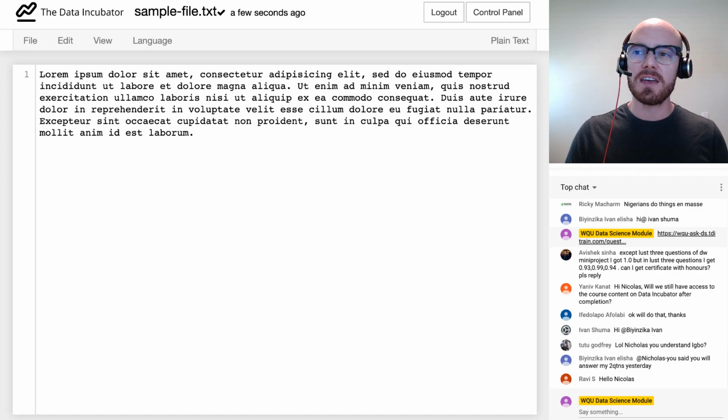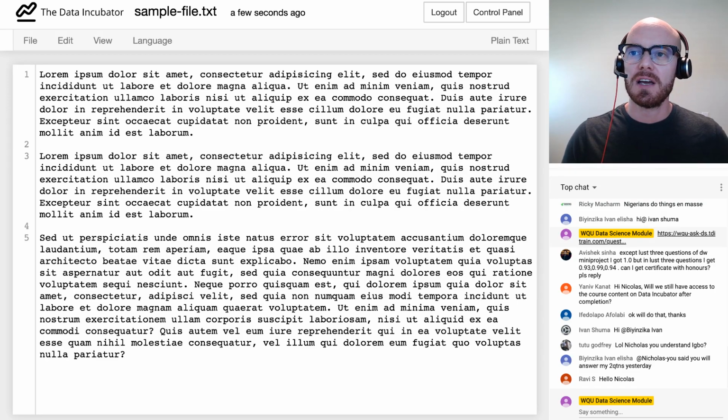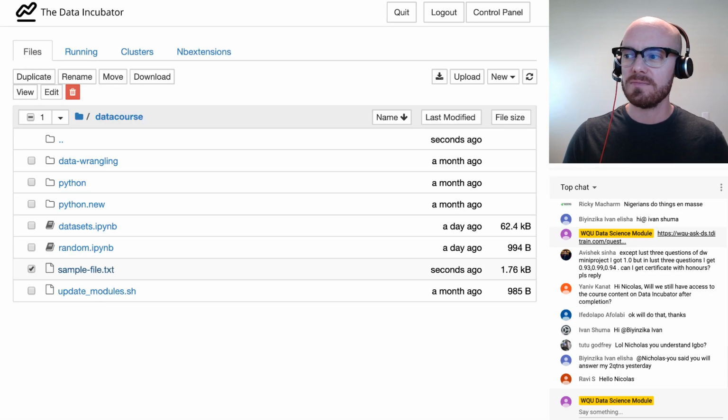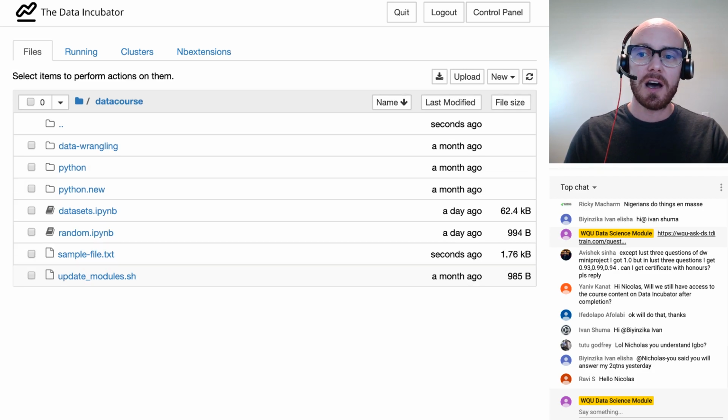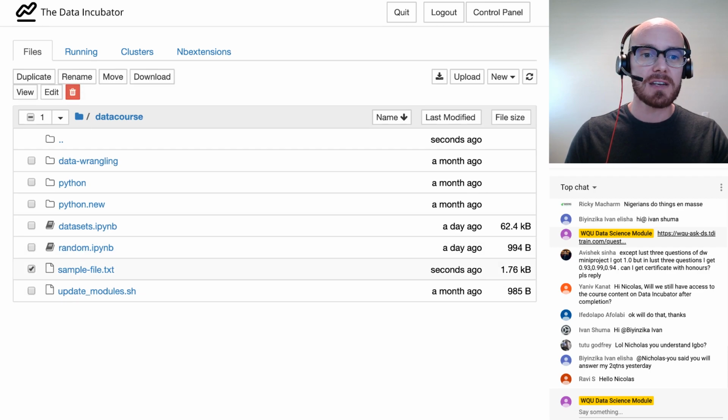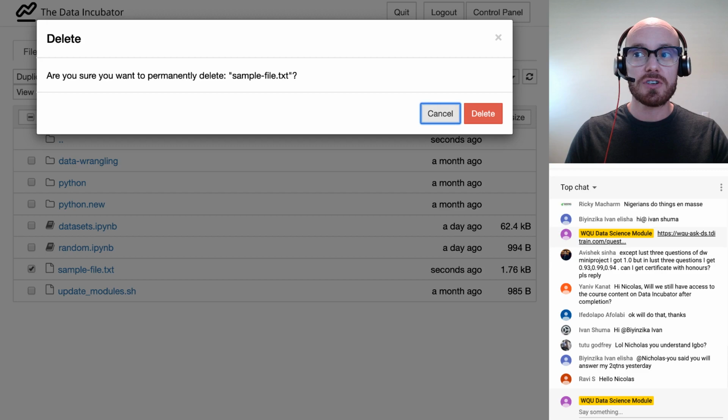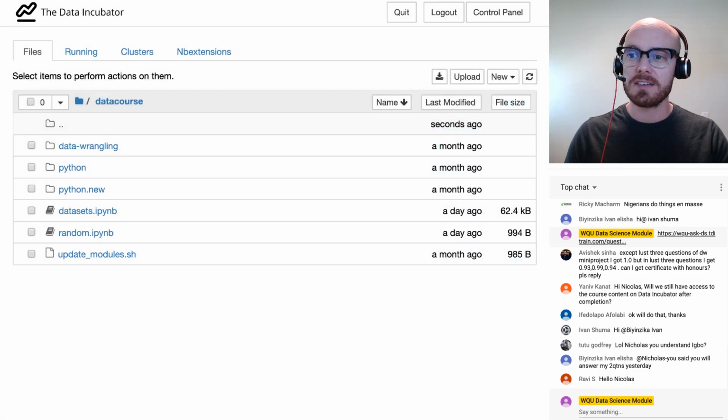You can see there's nothing special in here. I just put some placeholder text in it. I can make some changes, or add more things to it. I can save it, and then I can close it. If I want to delete it, and keep in mind that this is permanent, I would select the little checkbox next to it and then click on the trash can icon. It'll give me a warning, are you sure you want to do this? It's permanent, and I'll say yes.